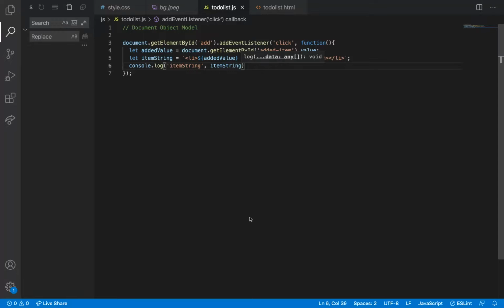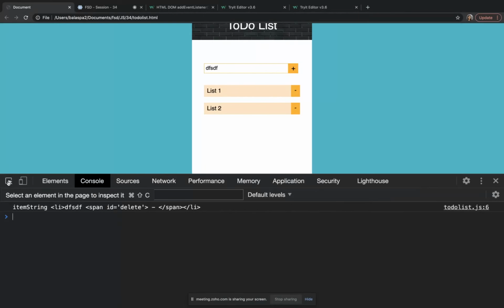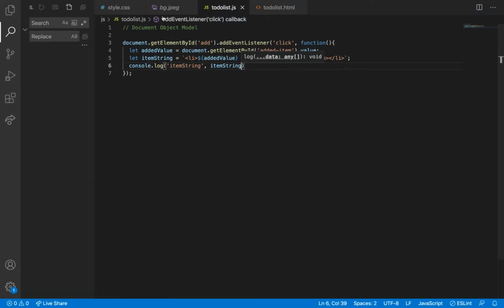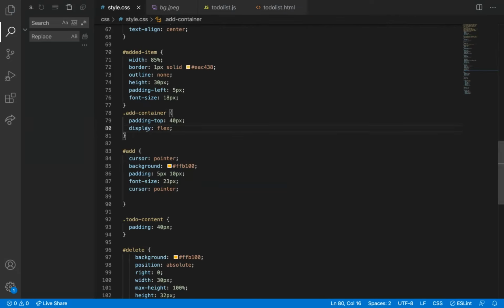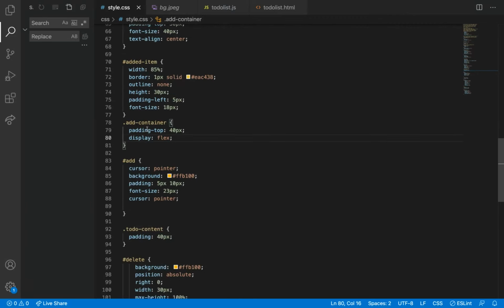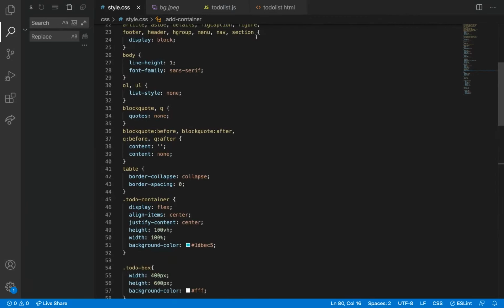Understood? So first, to get this content, I'm going to get it using getElementById dot innerHTML. Let me do it. I'll change everything to id, then it will be easy. I have not added any styles.